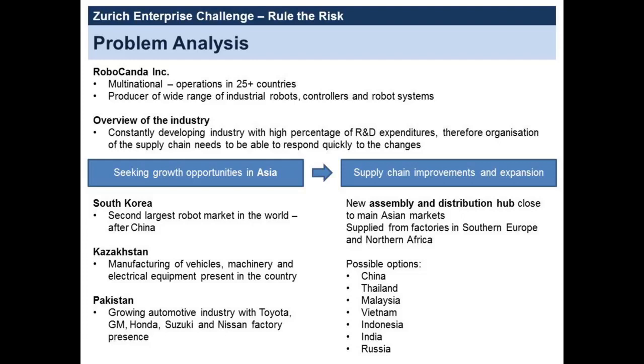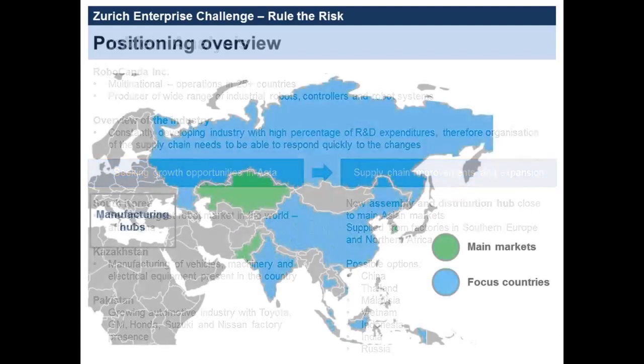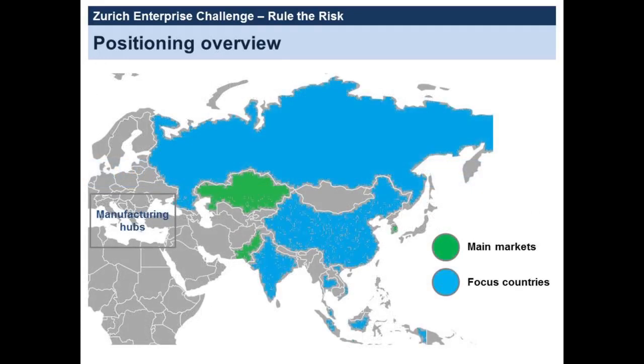Then we analyzed the focused countries with the available Risk Room tool, assessing the relative risk exposure of each focus country compared to the others. After finding potential countries of interest, we then decided to additionally back up our decision with solid external facts that match with the Risk Room. After a thorough analysis, we opted for three top options and compared them to the existing hub in RoboCanada's